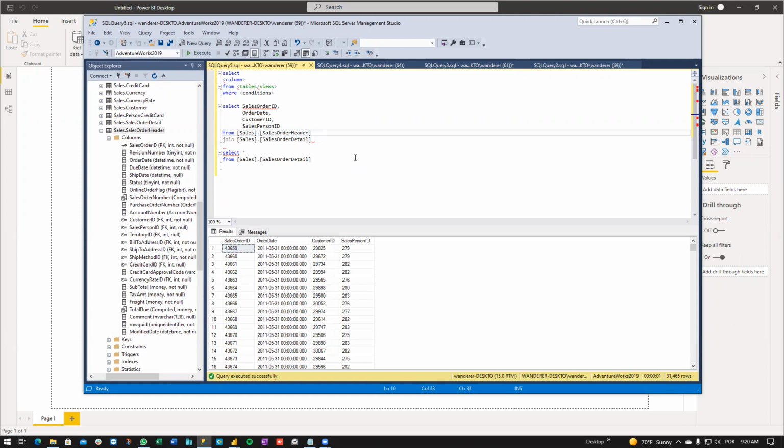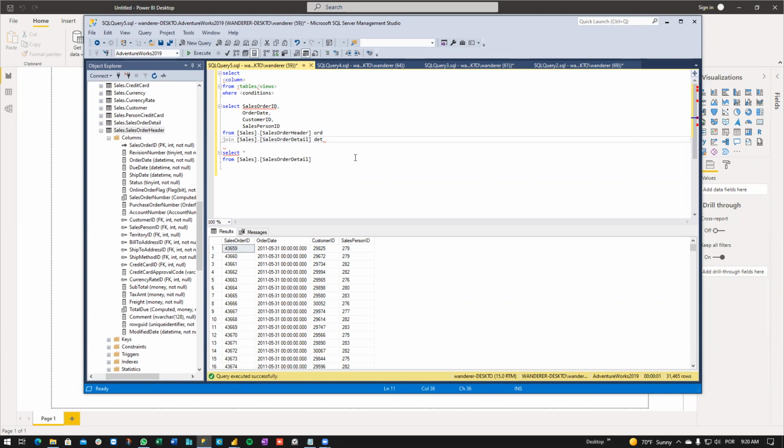So here we can use an alias called ord, and this one can be det, from details, okay? And then when we are joining the different tables,